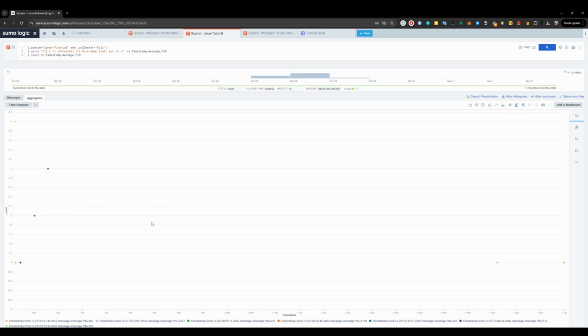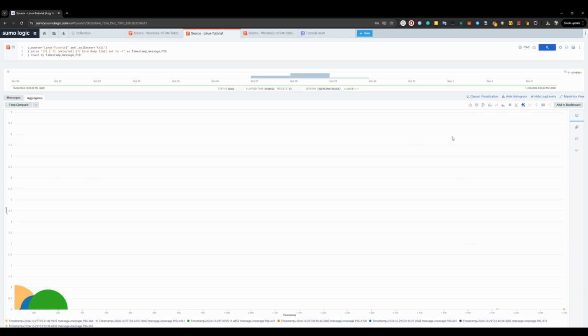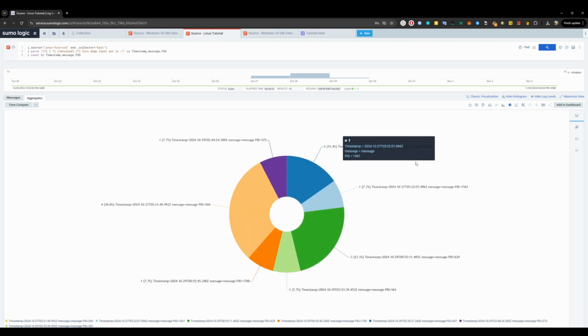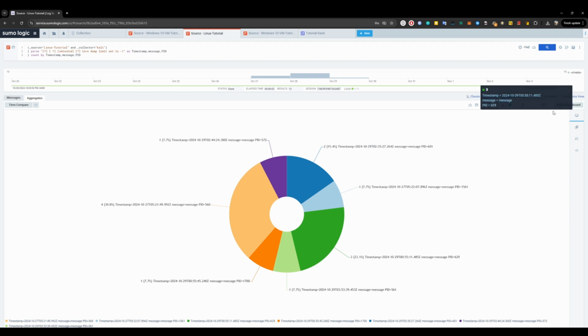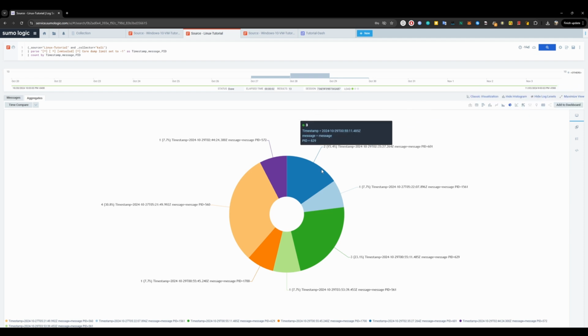Scatter chart is also appropriate, but it depends on which ones we want to show. The most appropriate would be the pie chart. Yeah, okay, whatever events have occurred at each time instance, or whatever the percentage, it will give us an appropriate